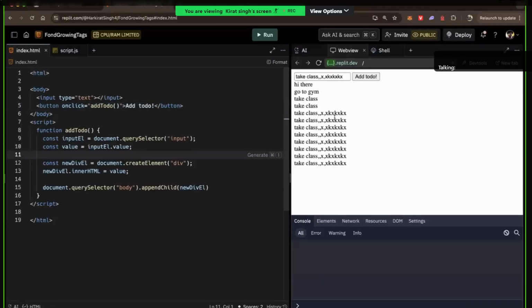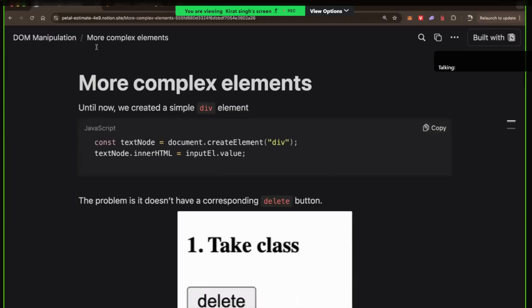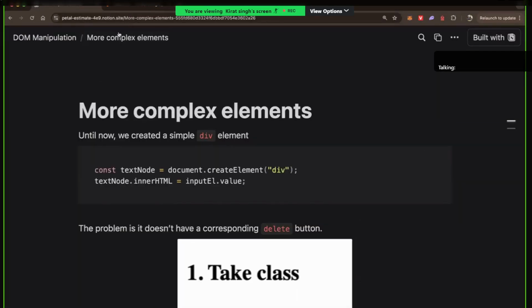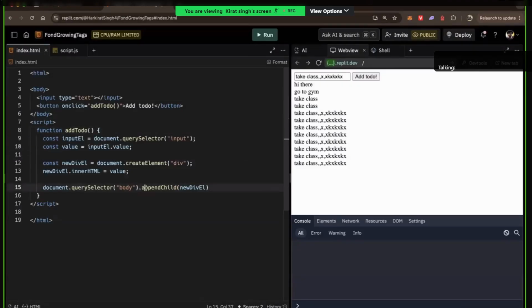What is the problem right now? There is no delete button right next to it. So step one, let's try to just add a button. Let's not worry about functionality just yet. Let's try to just add a button because this will get a little complex. What will happen in this slide? So bear with me for some time. What I'm saying now is,